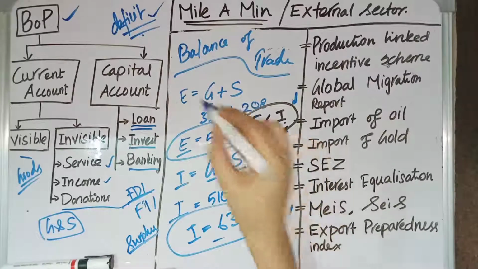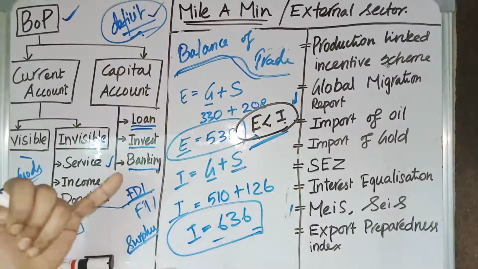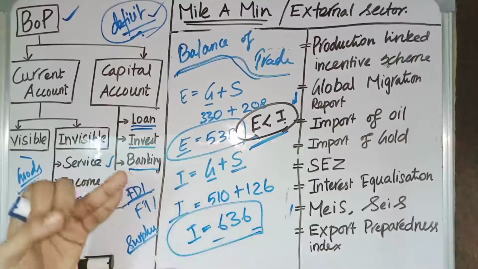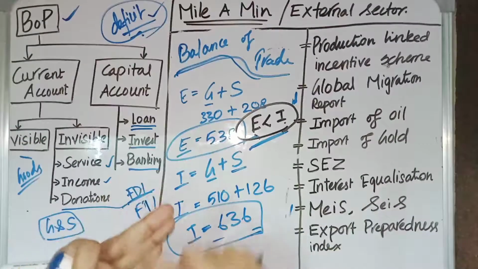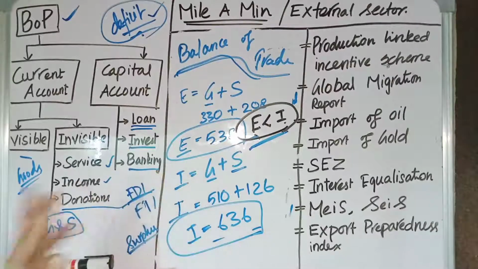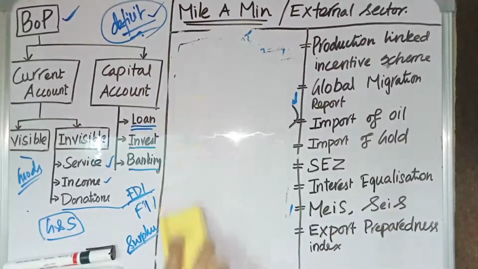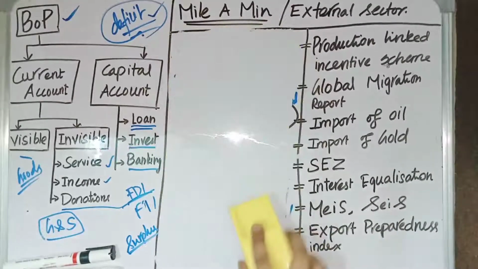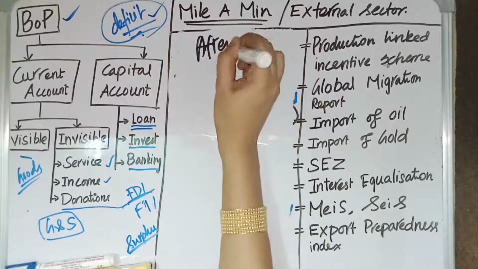But India, in balance of trade, the current position is that it is in deficit. It is in deficit in visible. Totally, India is in deficit in trade. Whereas in invisible, in services India is in surplus, and in remittances also India is in surplus. These are the things relating to foreign trade. And then we have certain goods which we import more, certain goods which we export more, and certain countries to which we export more. Let us see those things after this pandemic. Let us discuss the current